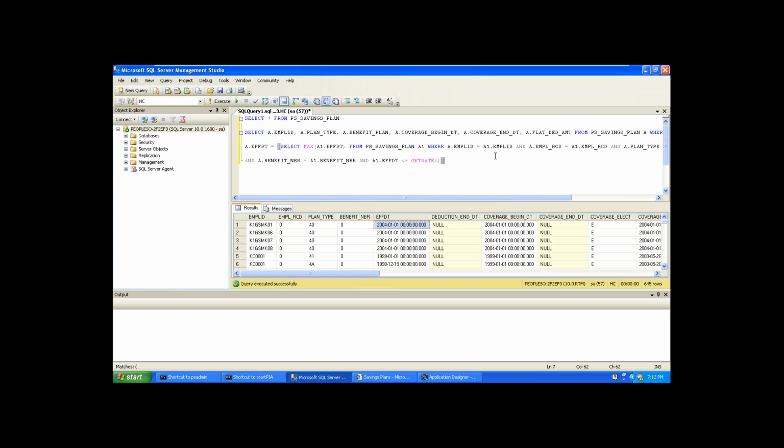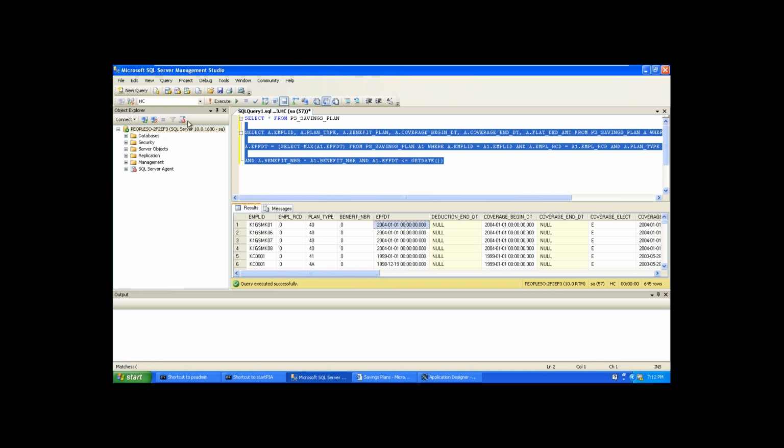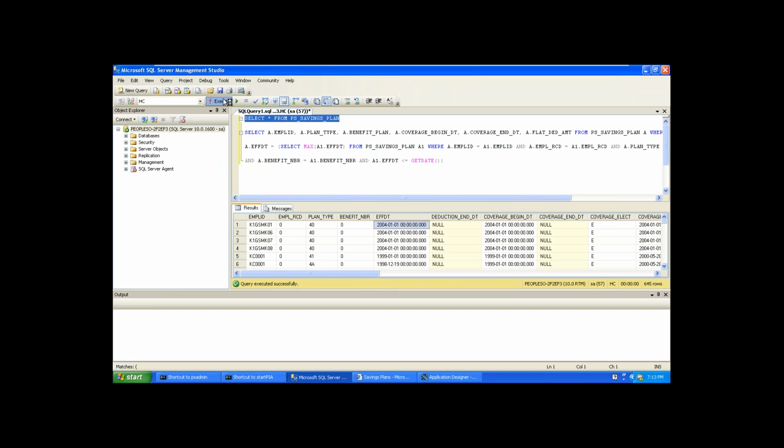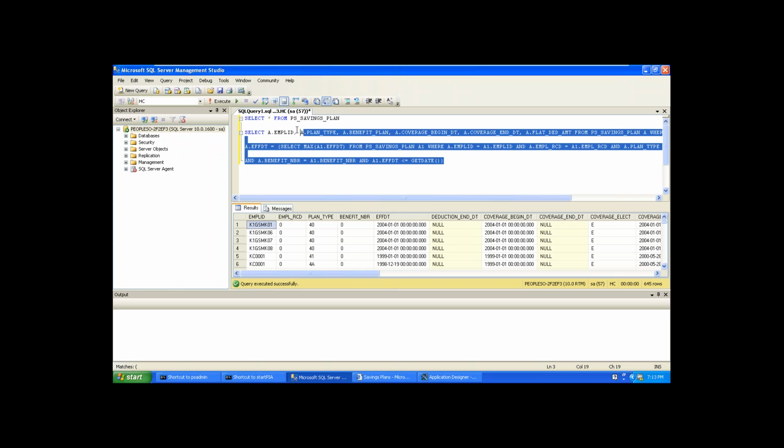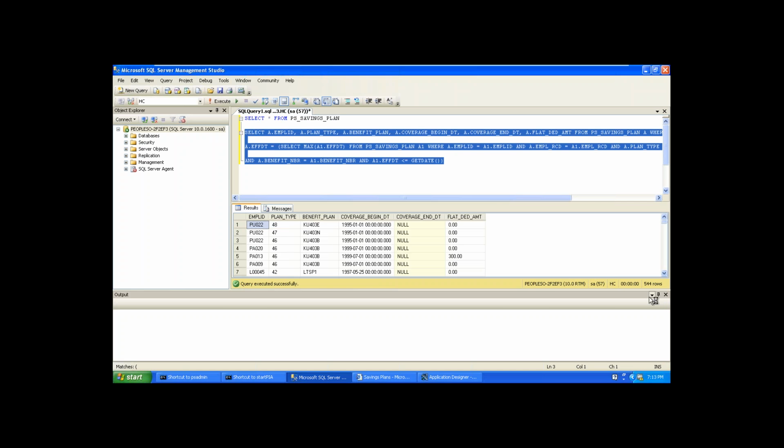This is the query we have to write. This is called an effective dated query. If your record is effective dated, then you have to prepare this effective dated query. Earlier, if you queried like this, you would get 645 rows. Now it's 544 rows. It's reduced. Why? Because we used the max effective date logic. For every employee now, you will get only one row. There are no duplications. So it is a very, very important query, the effective dated query.